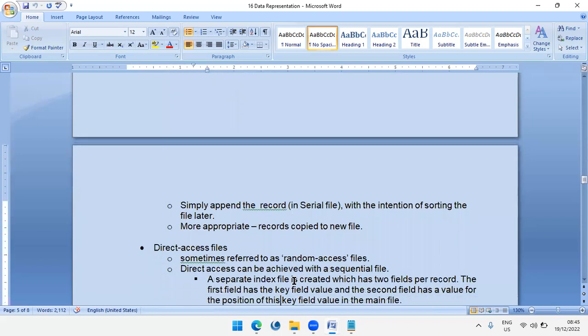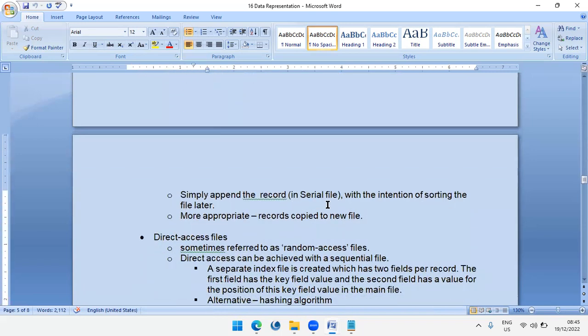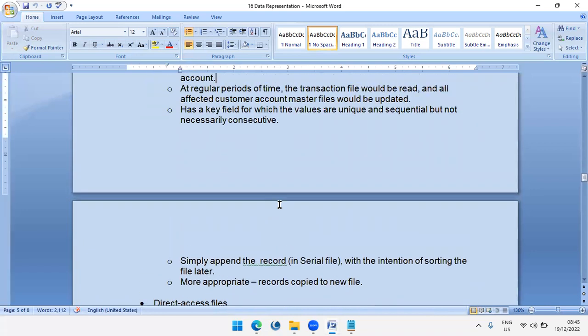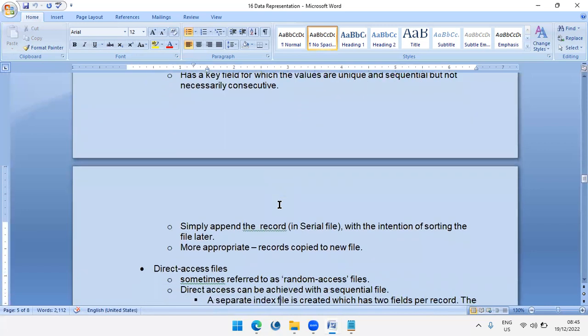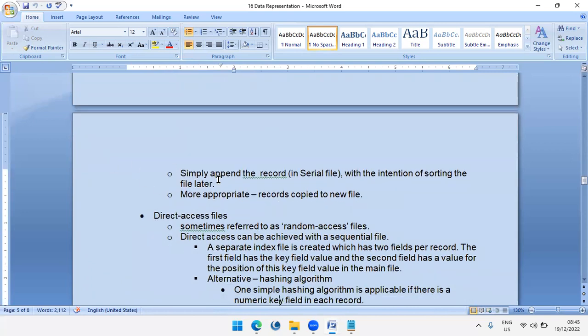In a serial file, you simply append the record with the intention of sorting the file later. So a serial file can be sorted later into a sequential file. Appropriate records are copied to a new file. Rather than inserting, records can be copied to a new file. That is,